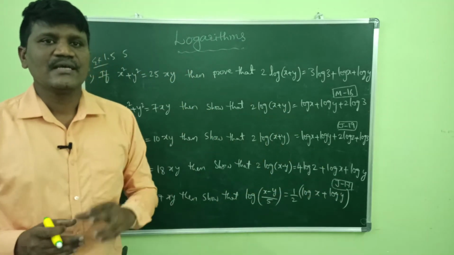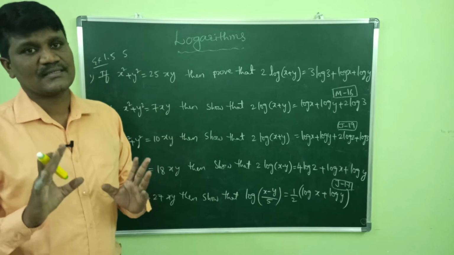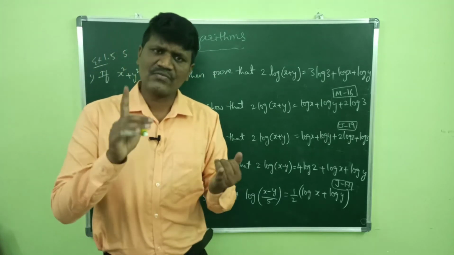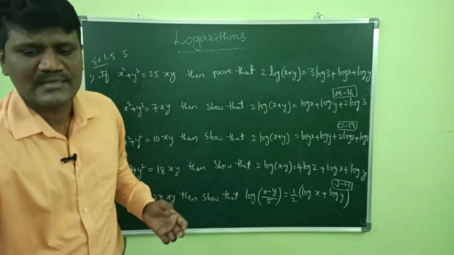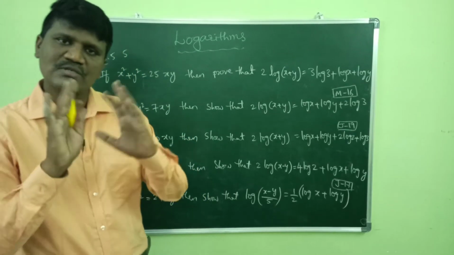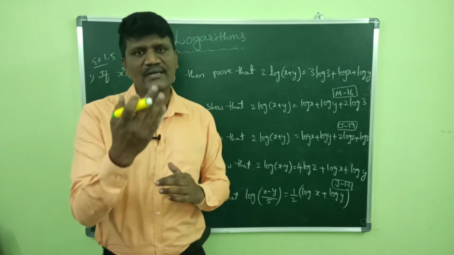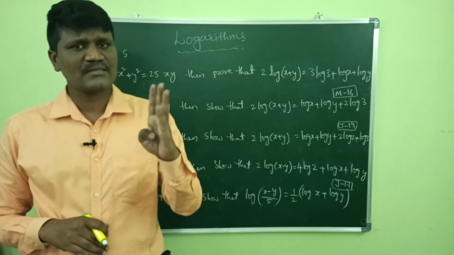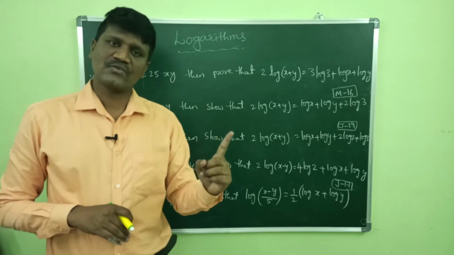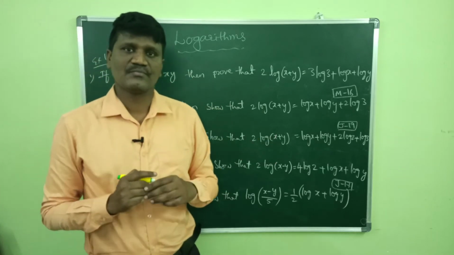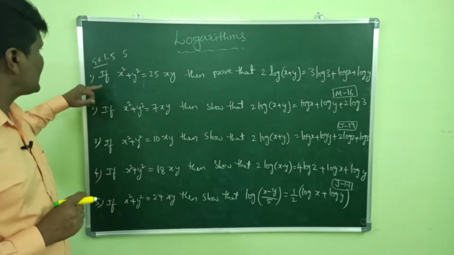So that means if any question comes for 4 marks in logarithms, this is the area where the 4 mark question will come. Either the 5th question or the 6th question or the 7th question. These 3 questions are most important for 4 marks. So model type questions will come for 4 marks, either the 5th, 6th or 7th question. Let us see each question, one problem each. Okay. So this is anyway in the textbook.